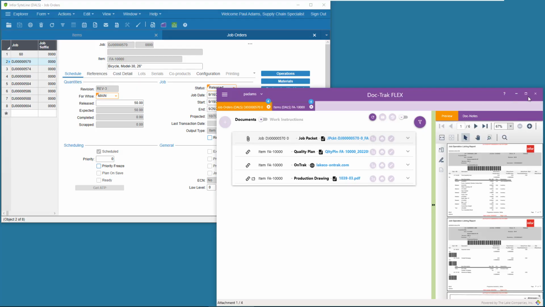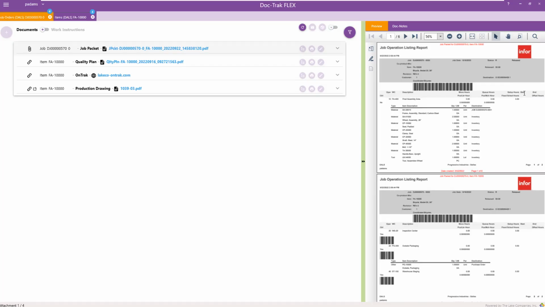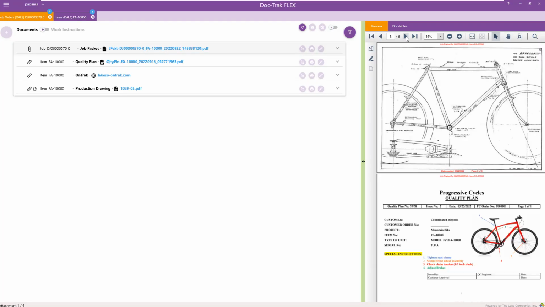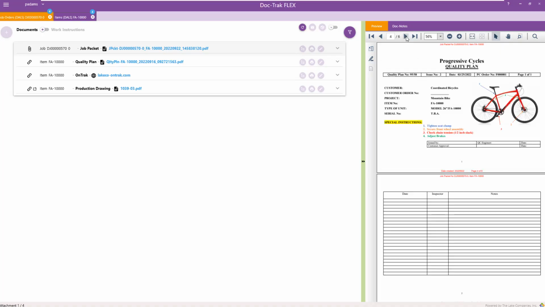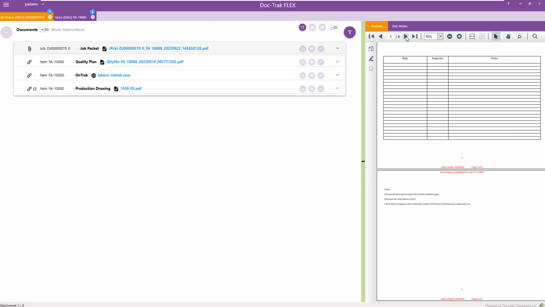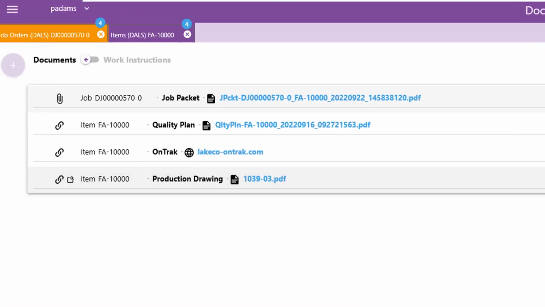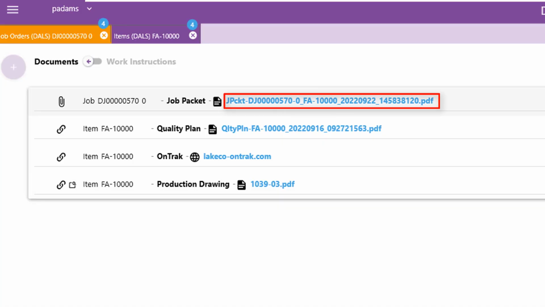Let's get a better look. As I look through the pages, I can see that it's bundled with the production drawing attachment and the 3-page quality plan. Also, check this out. Here's the file name that DocTrack gave it.